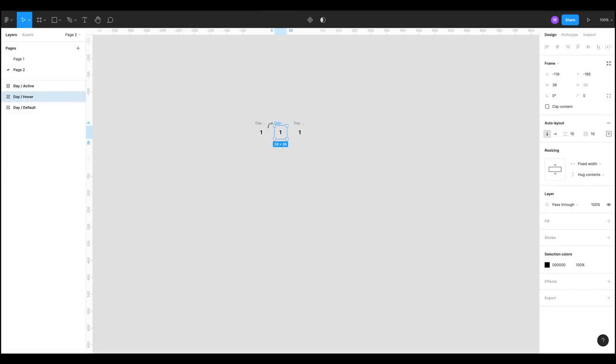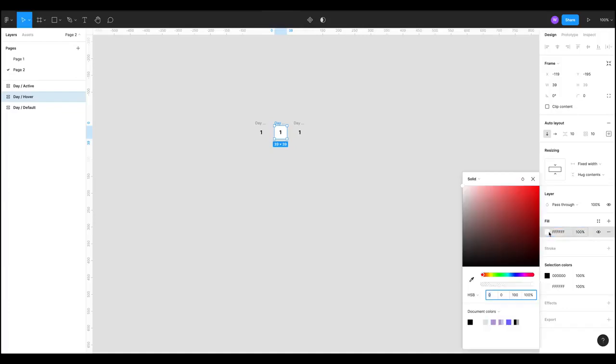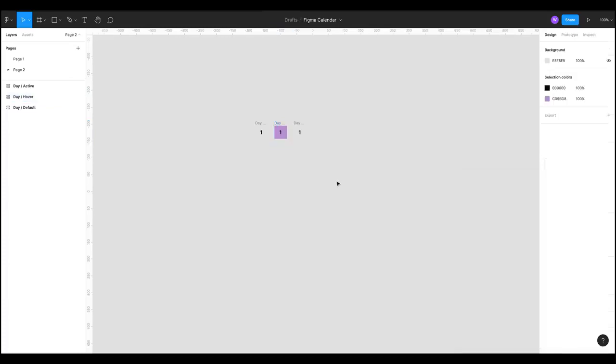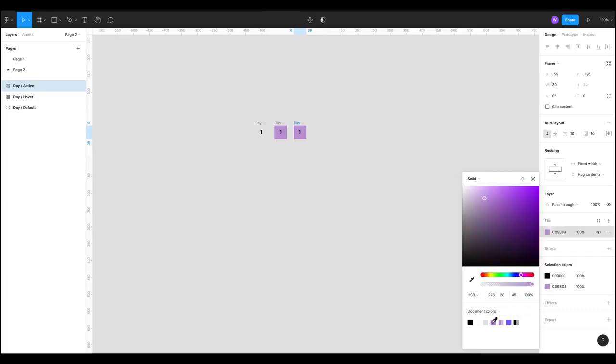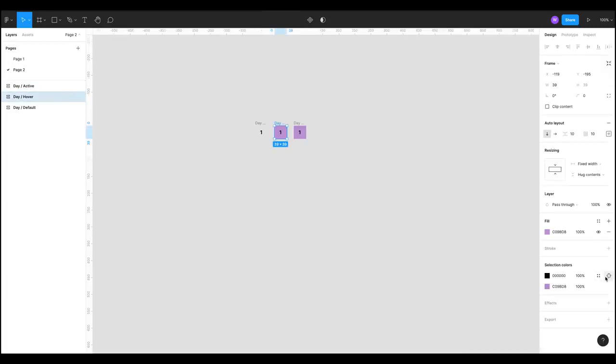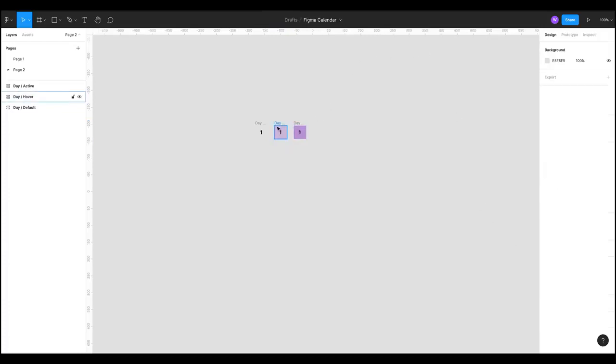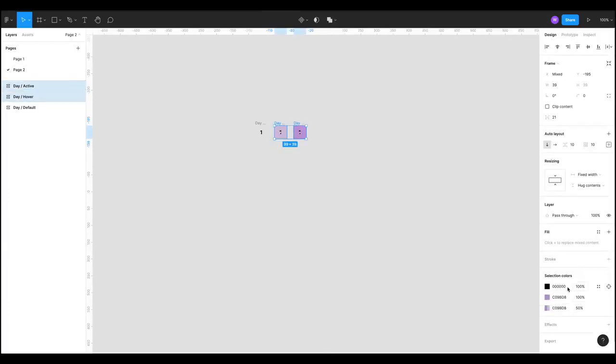So let's go here and give this a nice background color. I'm going to use these colours that I've already selected over here, so I'm going to choose this one. I'm going to do the same for this one. So I know they're the same colour, and then I'm going to come back to this one and knock that back to 50% opacity, and I'm also going to select both of these and change that font